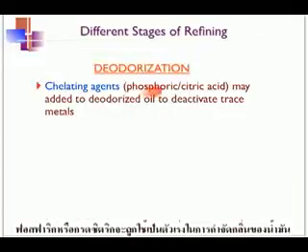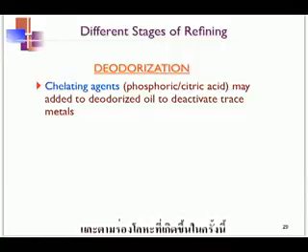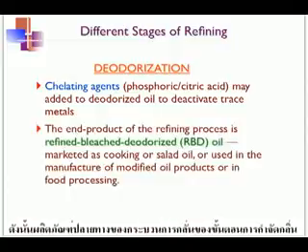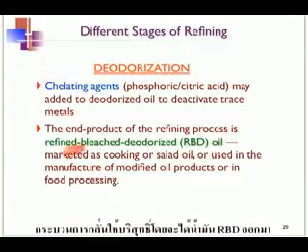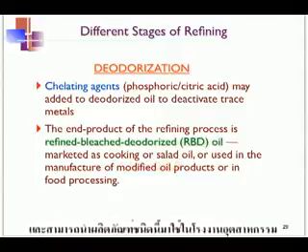Phosphoric or citric acid may be added as chelating agents into the deodorized oil to deactivate any trace metals that may still be present at this stage. So the end product of the refining process after the deodorization step is called refined bleached deodorized oil, or RBD oil, and this is usually marketed as cooking or salad oil, or can be used for manufacturing of other types